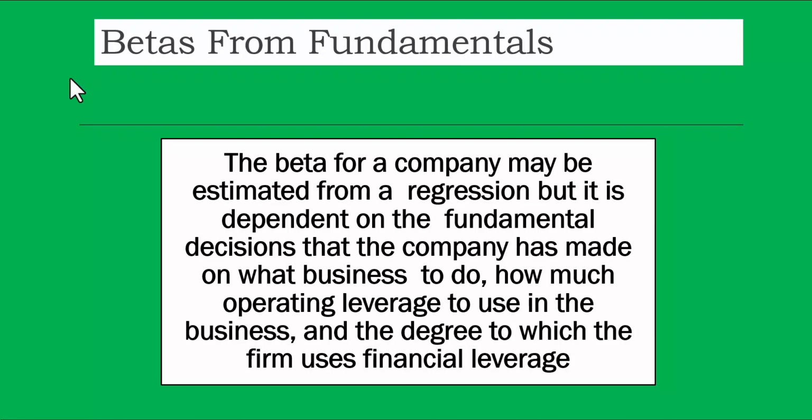So whereas Sensex and Nifty are covering mostly the big companies of India. Okay, so the beta depends on the business first. Then it depends upon how much operating leverage it is using, and the degree of financial leverage. So there are two things which are leverages, which are operating leverage and financial leverage, which also impacts the beta